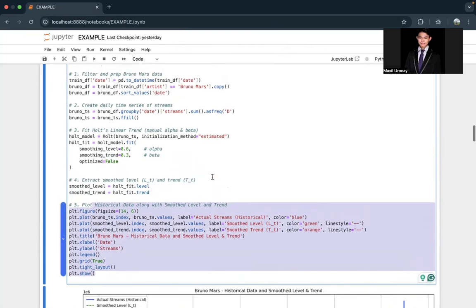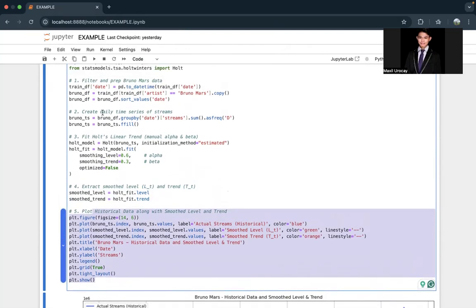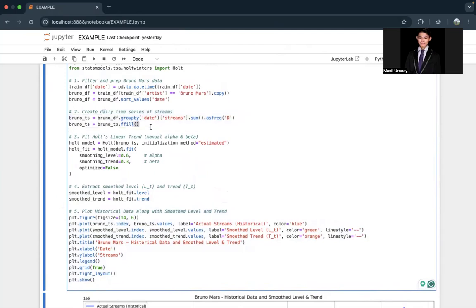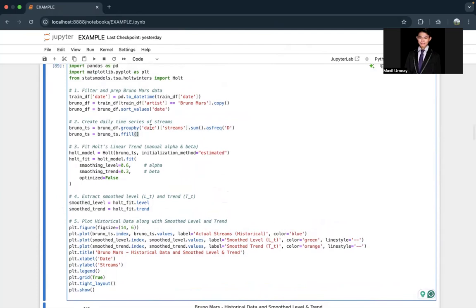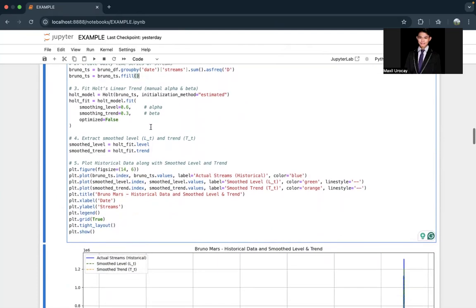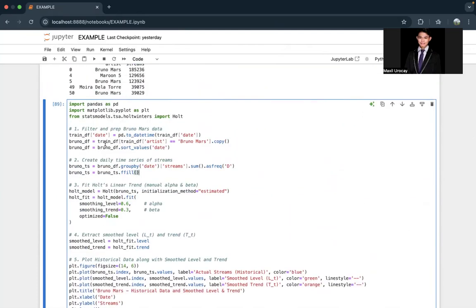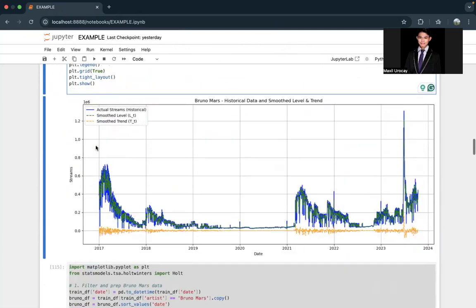We're using the formula, actually. So we create the daily time series of streams for the Bruno Mars data only. We used the training set of Bruno Mars so that we could configure this.